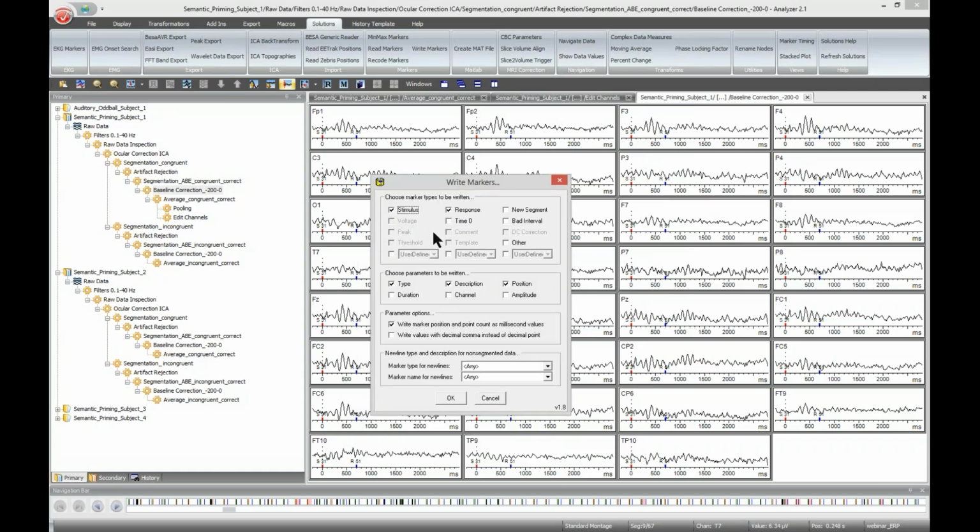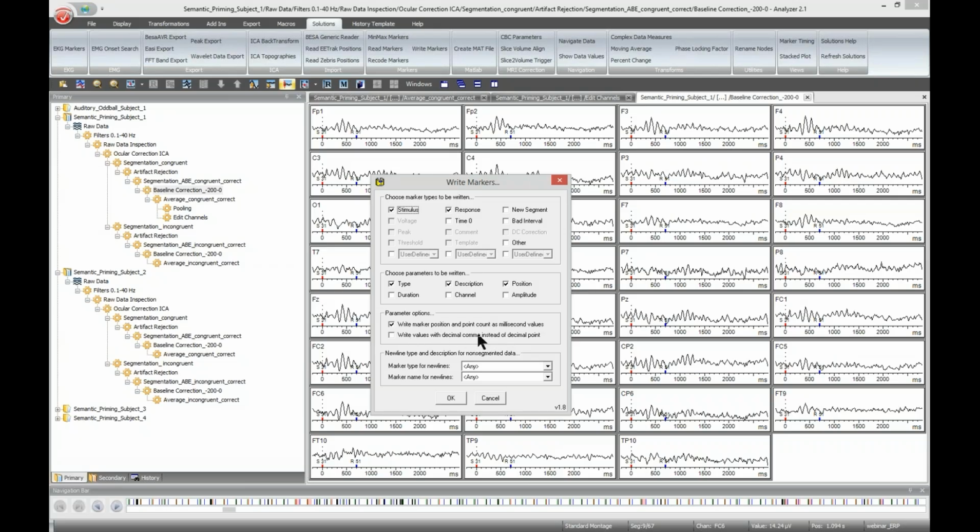So what you would have to do, you can select here which markers should be considered. I need to consider stimulus and response markers. They are already ticked because the solution detects them in the data. I want to detect certain parameters, so you can detect more parameters. The important one is the position, because the position is like where the marker sits, and it's therefore informative for the reaction time. If you're interested in reaction time, I would definitely tick this right marker position and point count